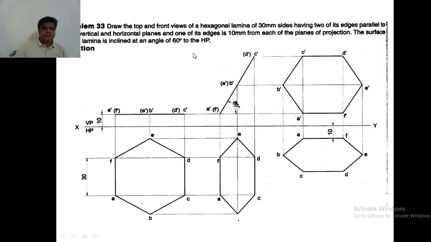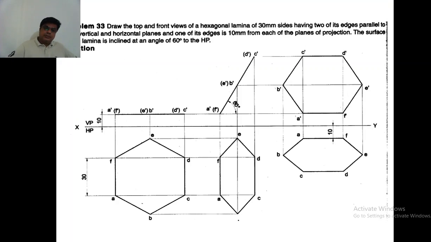Similarly, we have a hexagon, so it is resting on one edge. If it is resting on the corner, you should draw these two lines here, and the corner should come on this side, the left hand side. So just observe the problem, whether it is resting on the edge or corner, and accordingly you draw the hexagon or any plane.